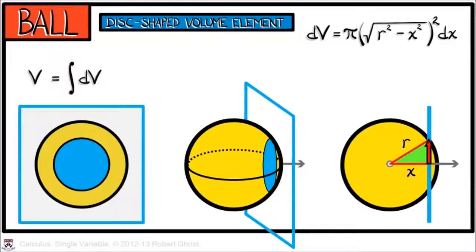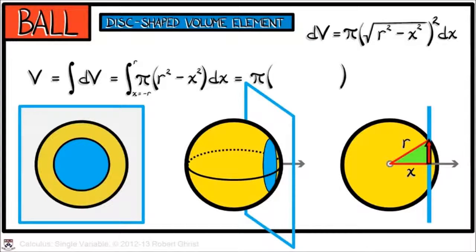So to compute the volume, we integrate the volume element. That is, we integrate pi times quantity r squared minus x squared dx, as x goes from negative r to r. In contrast with computing the area of a round disk of radius r, computing the volume of a round ball of radius r is relatively simple. This integral is very straightforward, yielding pi